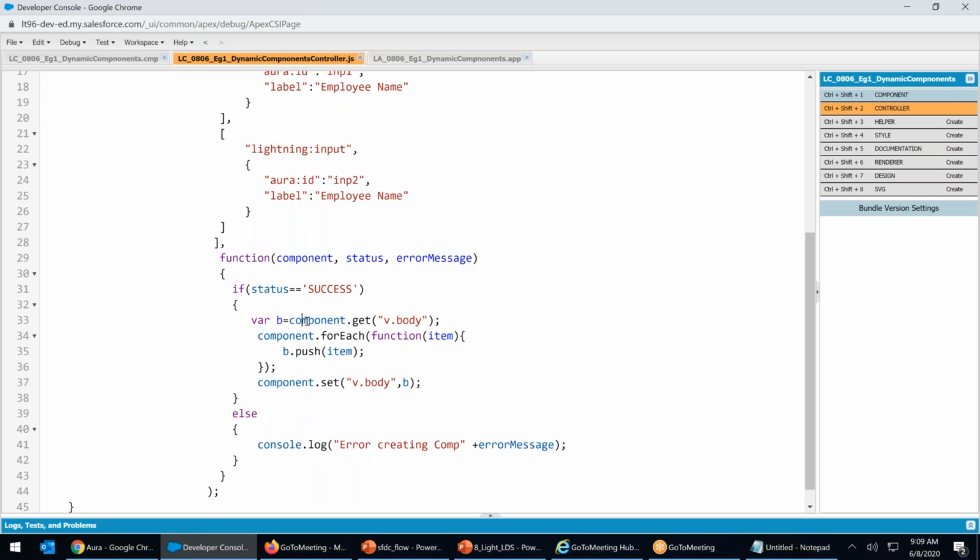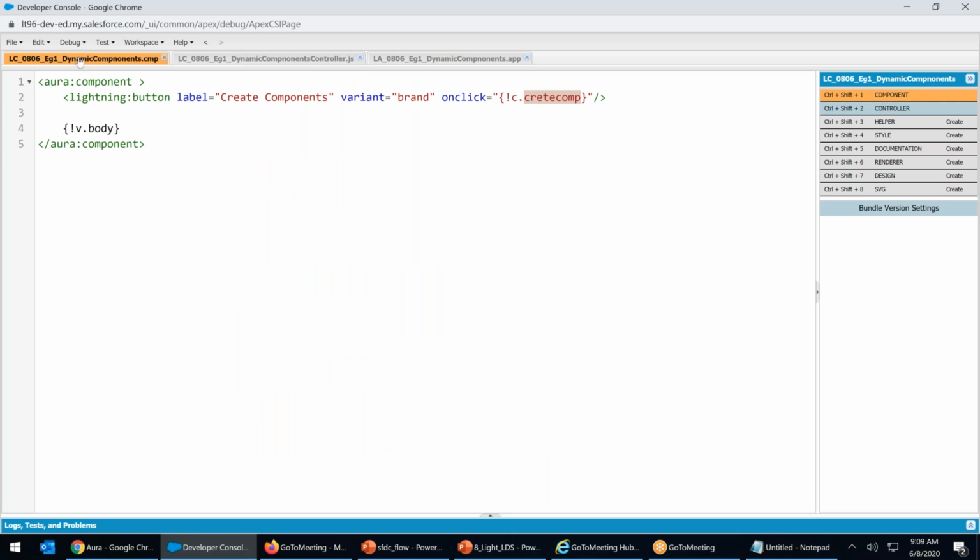Let us check this out. Function component status error message. If state equals this, var b equals component dot get v dot body. We defined a v dot body there perfectly. Yes, v dot body is defined.